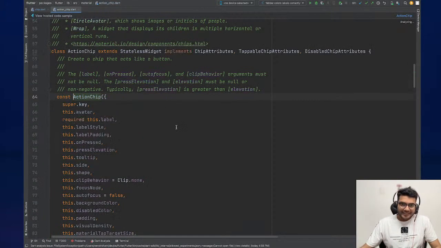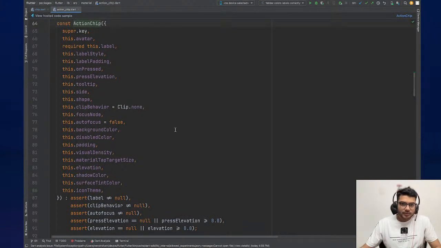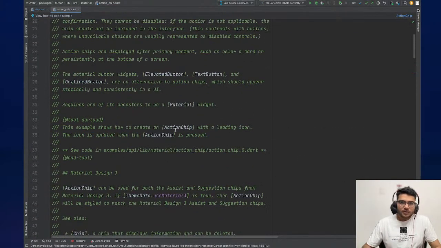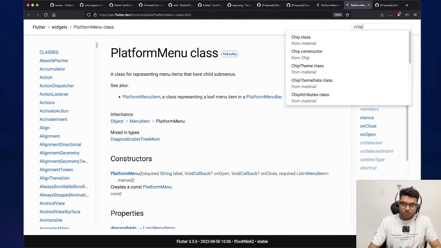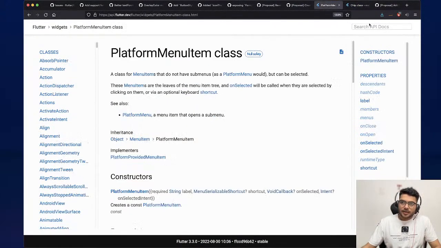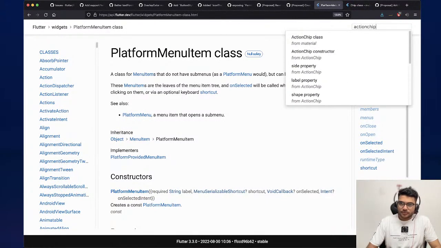Action chip is not deletable. Let's just check from the API. So if I go to chip and action chip,